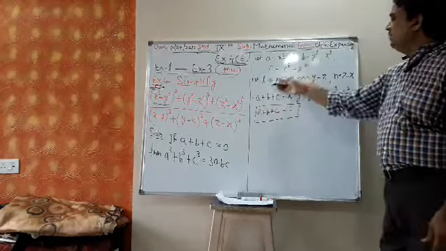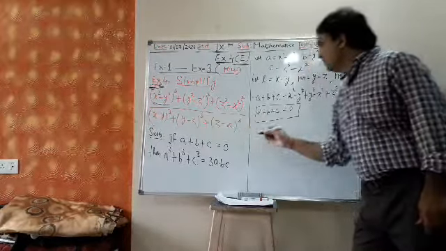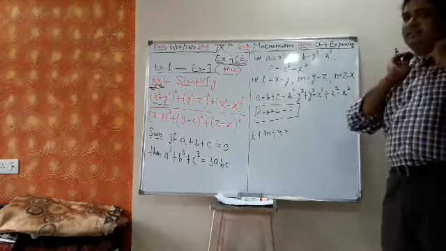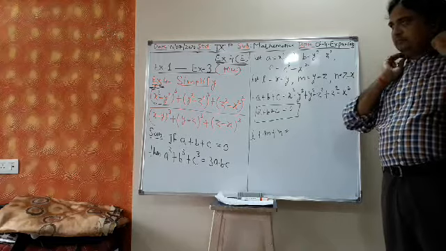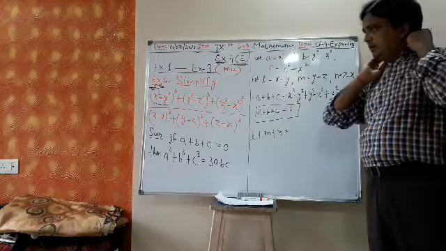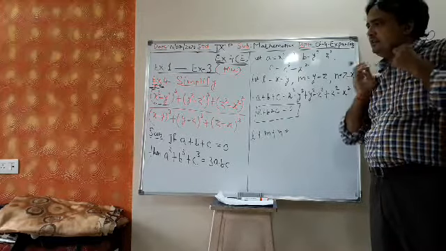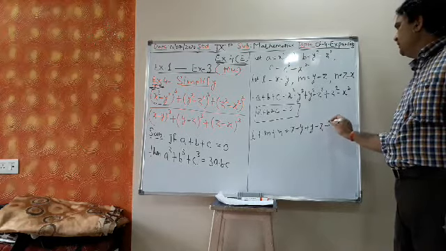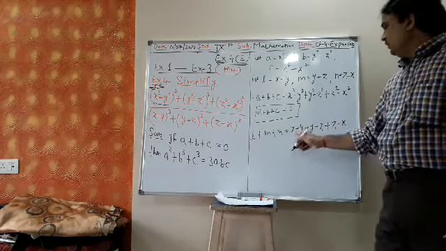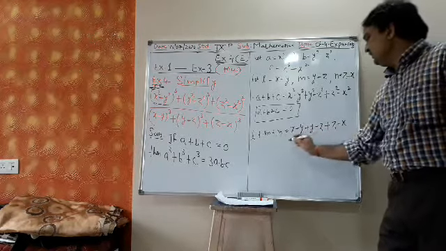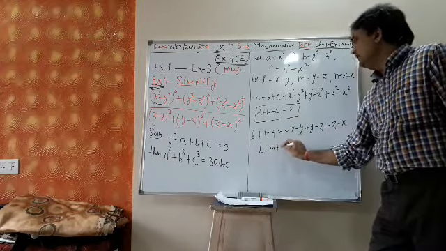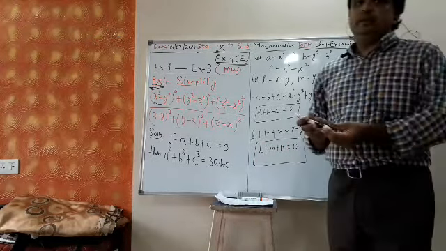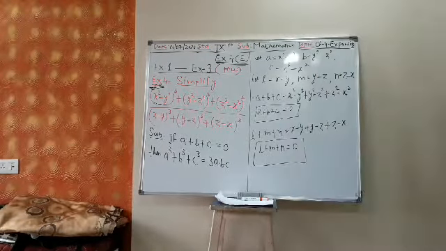Similarly, I will check whether L plus m plus n is 0, for the denominator. L plus M plus N is x minus y plus y minus z plus z minus x. y gets cancelled, z gets cancelled, x's get cancelled. So L plus M plus N is 0. A plus B plus C is 0.